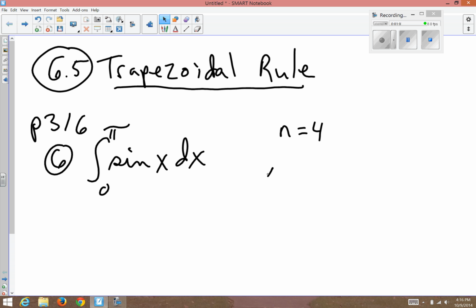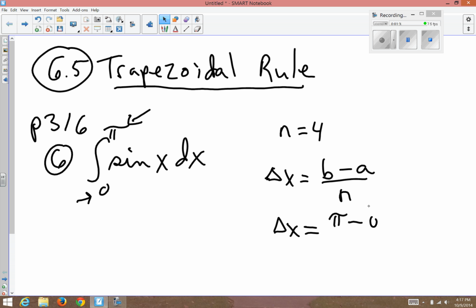We start this problem with delta x equals b minus a over n. We used the same formula with the left rectangles and the right rectangles and the midpoint rectangles. Same, delta x equals b, this is b, a, this is a, over n. N is 4. Delta x equals pi over 4. B minus a over n. And just like with the